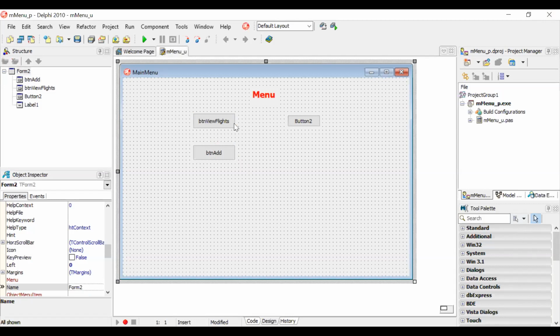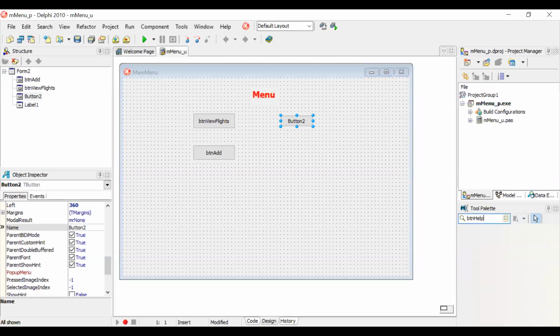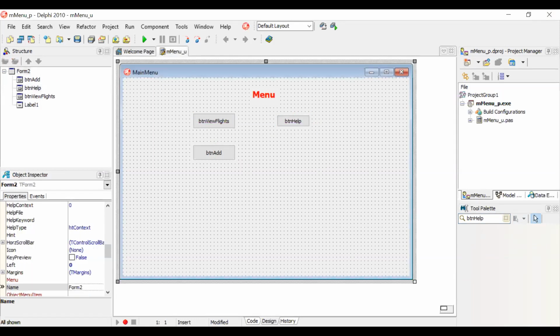So when somebody clicks on button view flights, we want another form to open, and that form will show the database. This could be just a help facility. So we're going to call this BTN help. Maybe this will link to a text file later on. It should be on this side. That should be called BTN help, which will basically link to some text file we'll create later. All right, now,